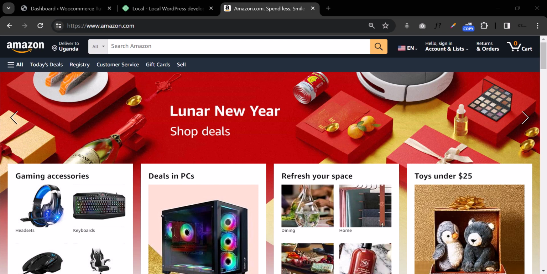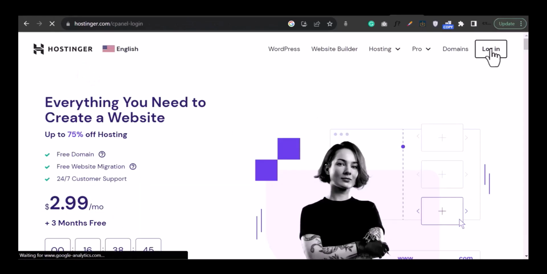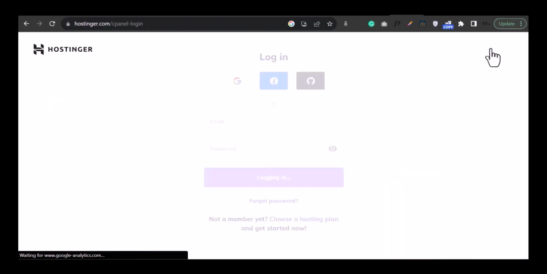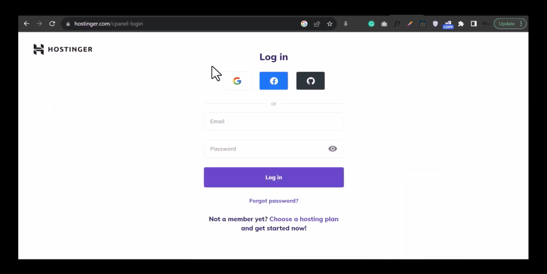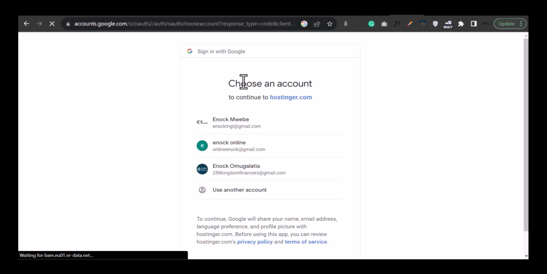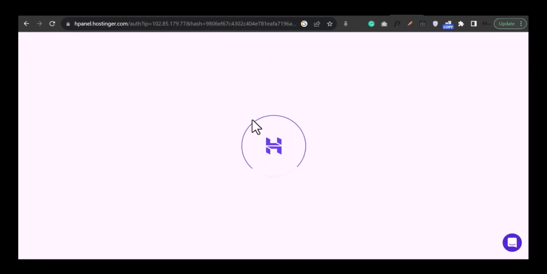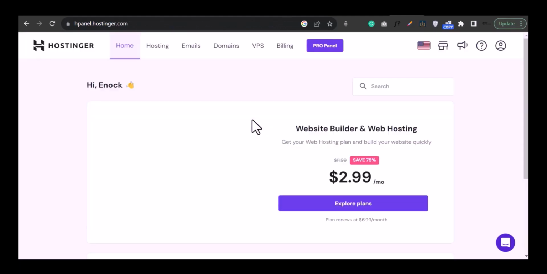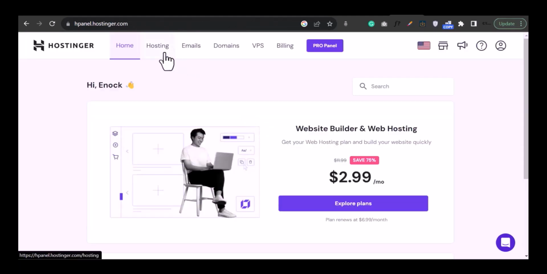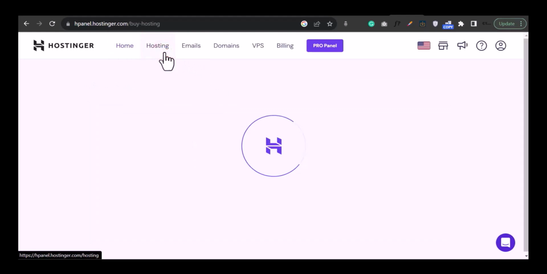Okay, so head over to hostinger.com and hit the login button. And once you're here, you can select the Google button to automatically sign you into Hostinger, even though you don't have an account. Okay, so I've signed in right here, and once you sign in, it's going to lead you to this page. And when you're here under hosting, you have to click hosting and check out the hosting